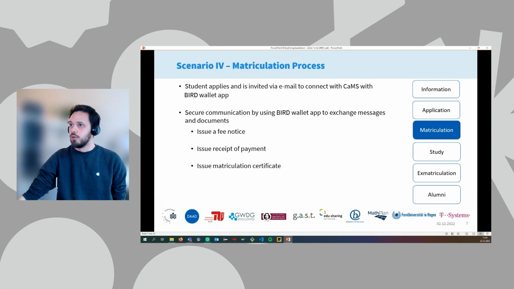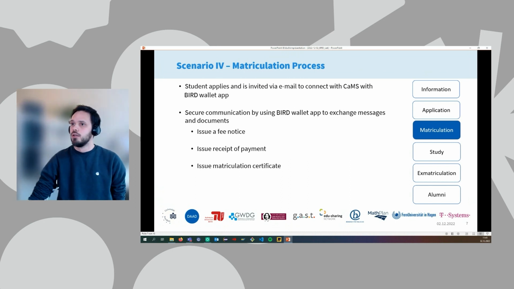So here we want to show how this connection can be established and how, using the wallet, secure communication can be ensured, especially for the matriculation process, where you need to issue a fee notice for the approaching student that he needs to pay his matriculation fee to be matriculated. After payment, you issue a receipt of payment, and in the end, finally, you issue a matriculation certificate for